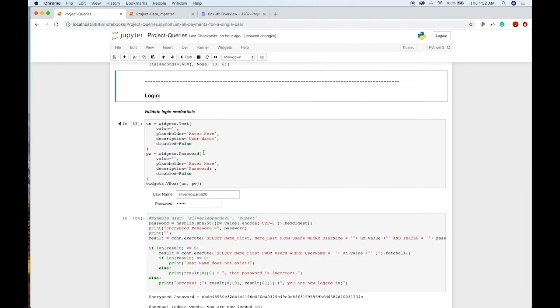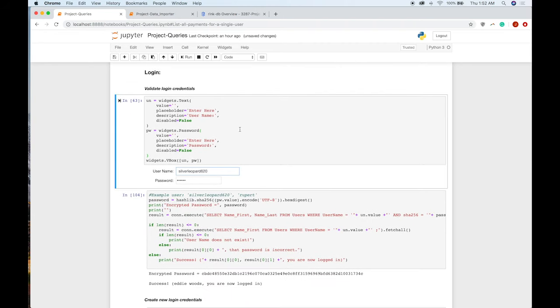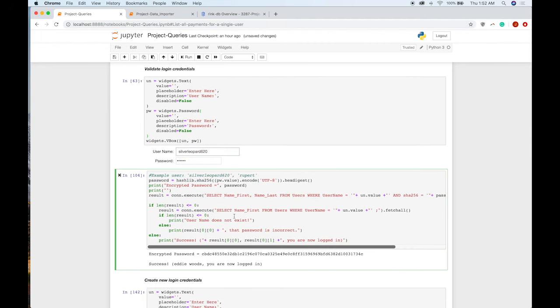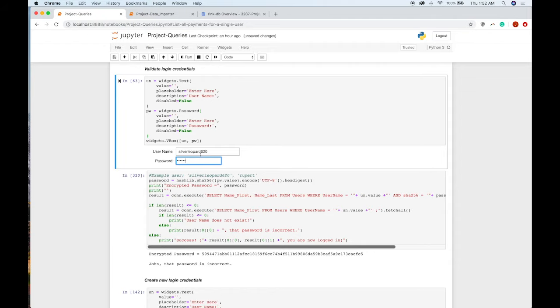And then the login, so you could have basically different login information. So you validate the login credentials. If we go here, we're also doing some basic encryption that's happening with the password. So that password was incorrect. This was one of the users that was uploaded, so basically the password wasn't right. So this is supposed to be the correct password here. So if I put that in there and attempt that again,